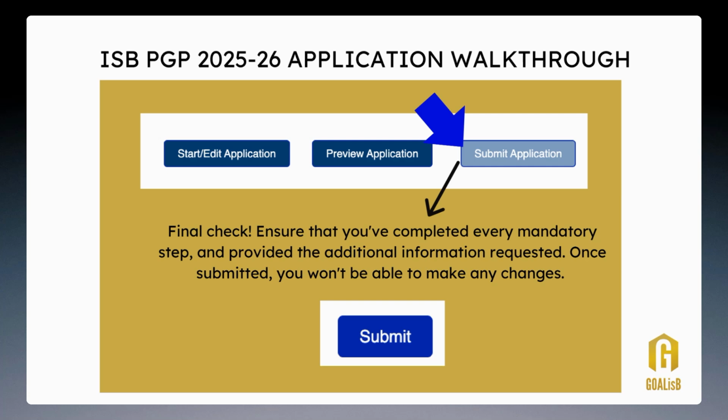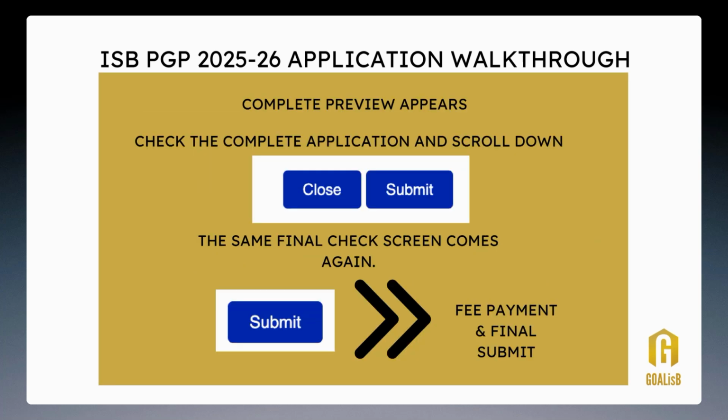It will take you to a final check where you can see that everything is in order and you finally want to submit. They're giving you two to three options to check before you go to the payment link as such. From this particular screen you will have the option of going through the preview. This is the kind of screen which will come up where you again have to submit. Click the submit button. This will take you to the preview of your application. Over here, check the complete application, scroll down towards the right end of that page. There will be a button of close and submit again.